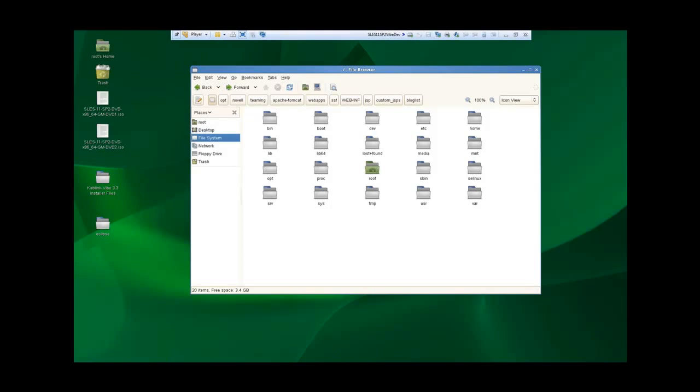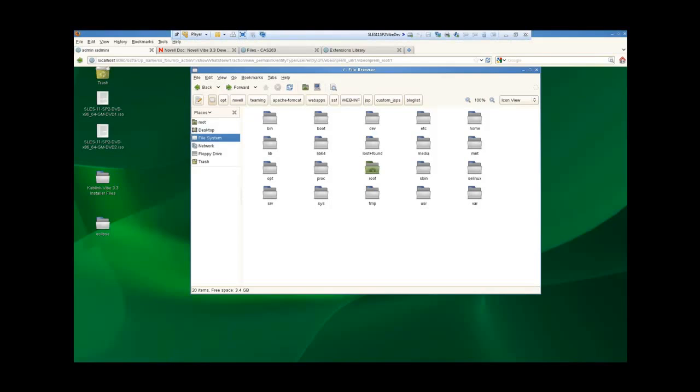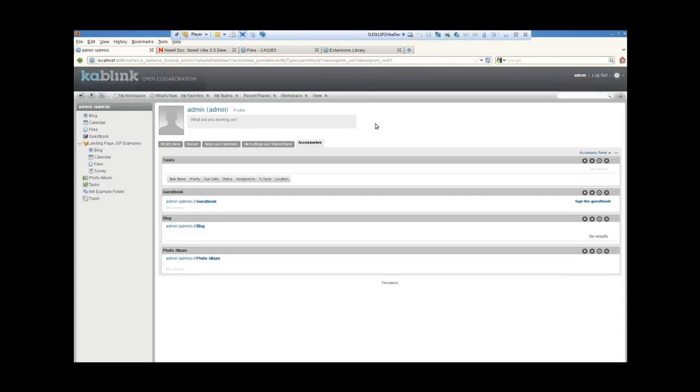So the first thing we're going to talk about is basically how WYSIWYG uses JSPs. So when you're inside of WYSIWYG, and here I'll just open up a web browser where I'm logged into a very simple installation here. JSPs in WYSIWYG 3.3 are what we use to display pretty much everything you see on the screen, everything from